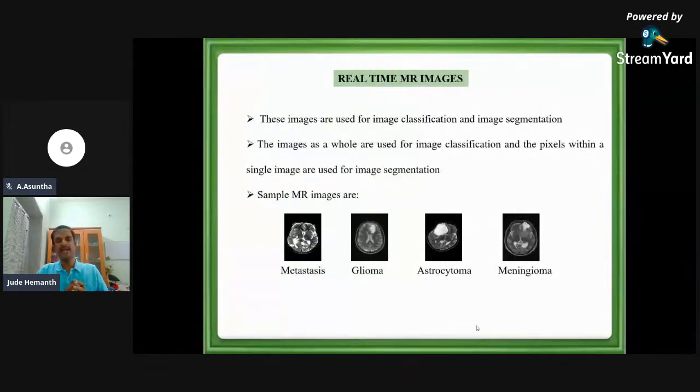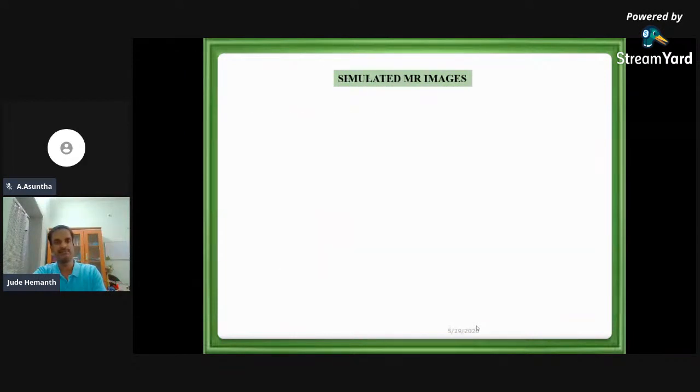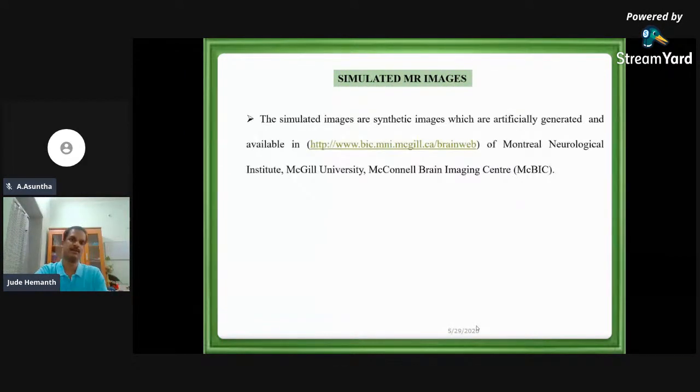So when everything looks the same, there's a chance that a human being may take, I will not say they will take, they may take a wrong decision at some point of time. To avoid that, we have this automated system. And all these images are not color images. Even if you have a color image for processing, you can convert it to a gray level image with a dimension of 256 cross 256. And some images have a bigger dimension, depending upon the MR machine which is going to scan the portion of the body or the brain.